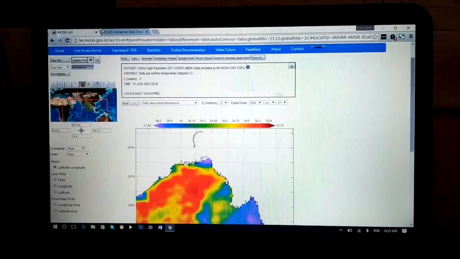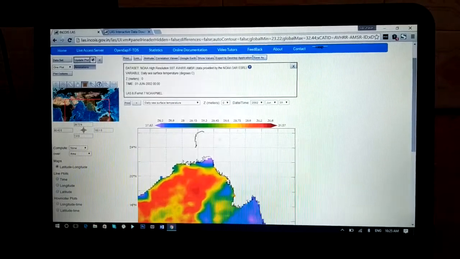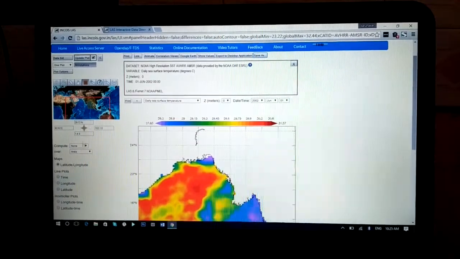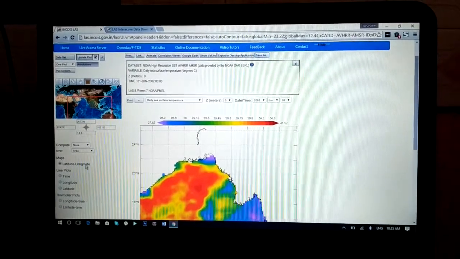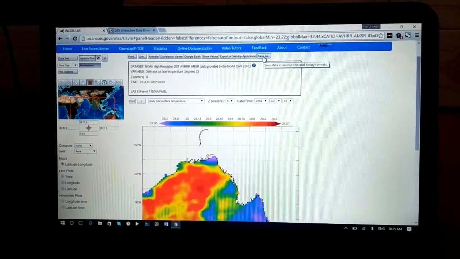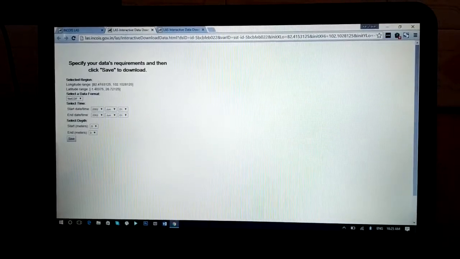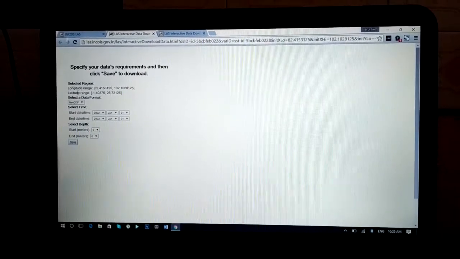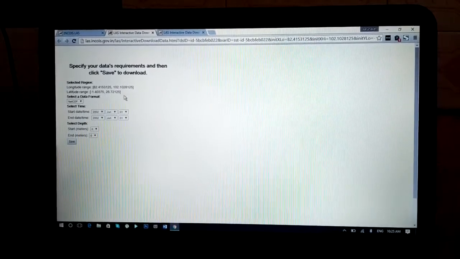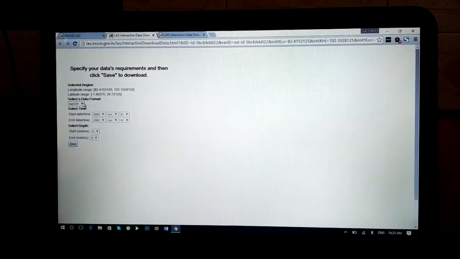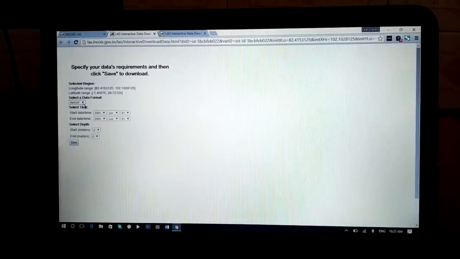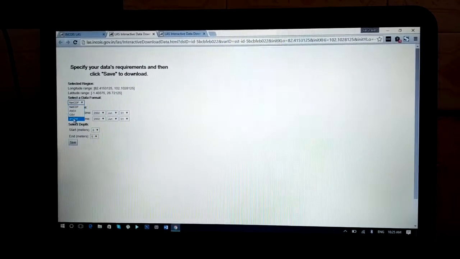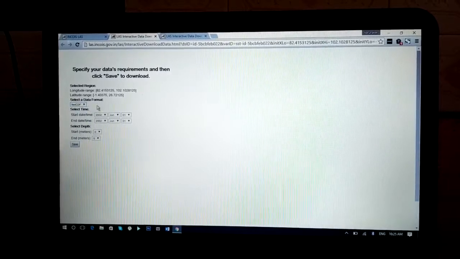Okay, I am coming back, and see, after the selection of my study region as well as the type of data I want, I have selected latitude and longitude, and I clicked on Save As. When I click on Save As, it will ask you the latitude range and longitude range, and the type of data format as well. Select data format: netcdf, ASCII, CSV and ArcGIS. So here I am selecting